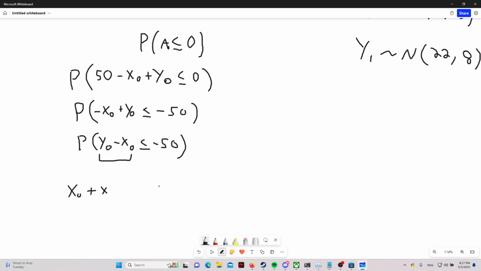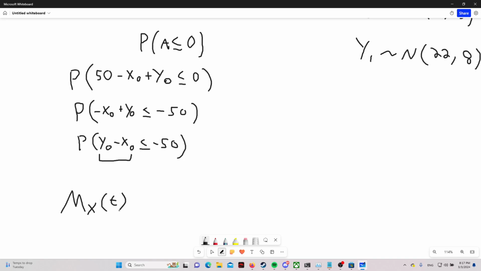And usually if the variables come from the same distribution, there are convenient properties in general, and I won't go too deep into this for the sake of time, but in general, if you have two random variables, let's say x and y,